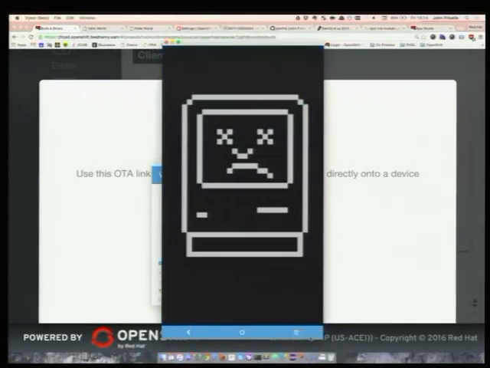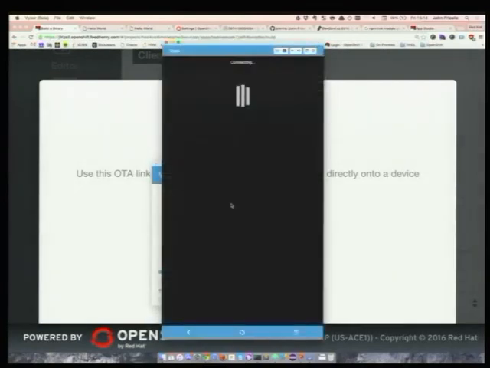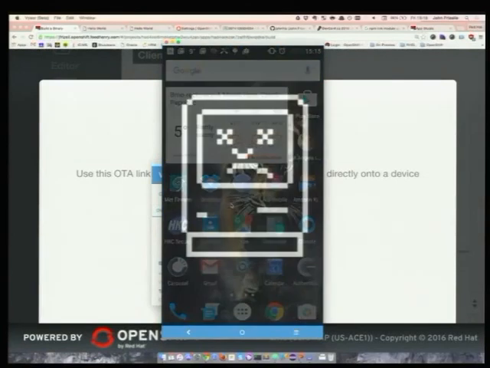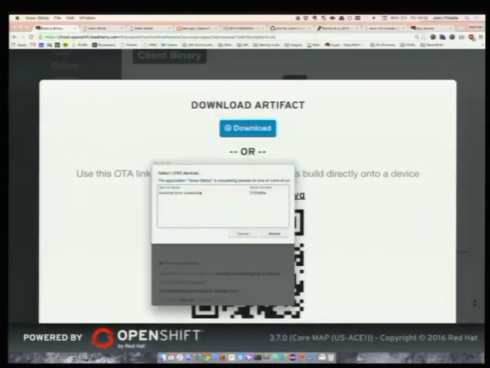Okay, so with the application installed, what do we get? We get a very sad-looking face. Okay, let's try that again. This worked perfectly earlier on.